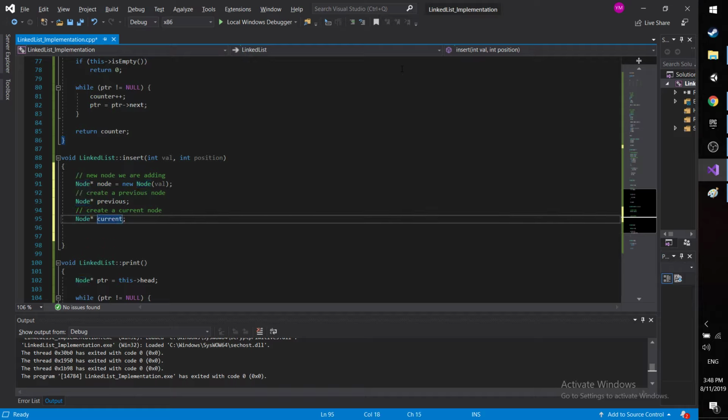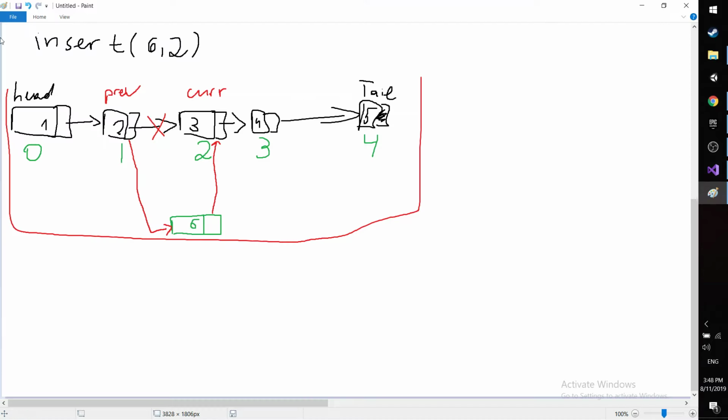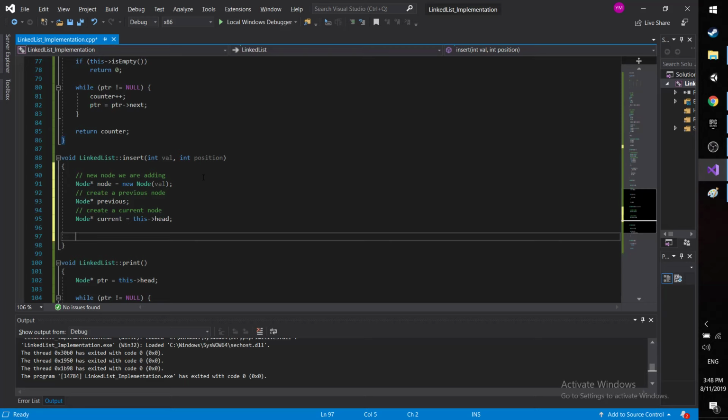So let's make the node current equal to the head, meaning the first element. Now, this will be the current. Then we'll make it be equal to the next element, which will be 2. And when we make that current element be equal to 2, we will make the previous node be equal to the current. Okay, I'll show you what I mean. We'll say current. Alright, so while current